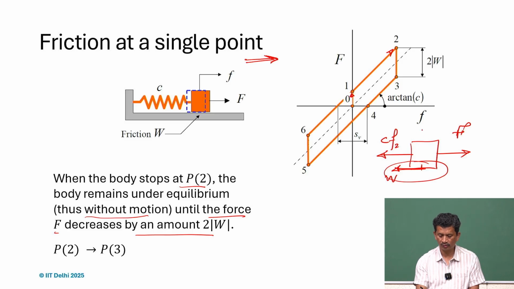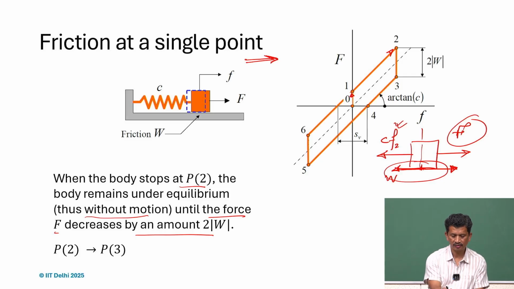So there is no motion, there is no change in the displacement, but there will be change in F. F is no more constant, and it will start reducing, come to 0, and then